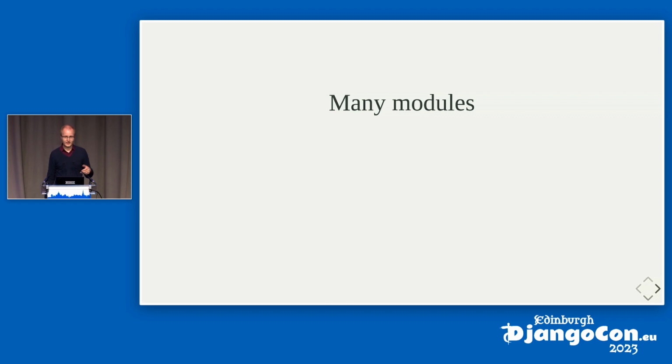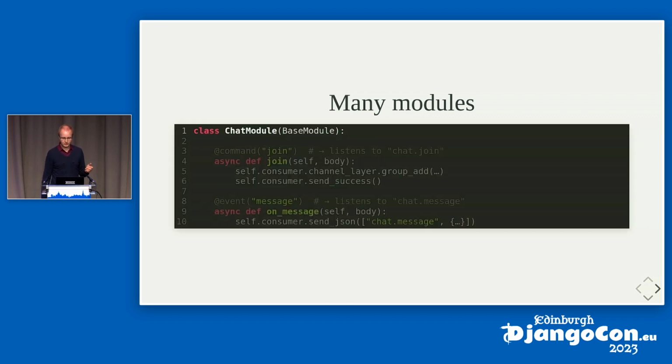And we've defined a number of decorators to make working with these modules a little easier. Every function that has the command decorator will be called when the client sends a command like you've seen before. For example, here we're in the chat module, and this function will be called when the chat.join command is sent by the client application. What do we do then? We add the user to a channels group, we add them to a user list, we inform other people that someone joined the chat, and so on. But in the simplest case, we add them to a list.